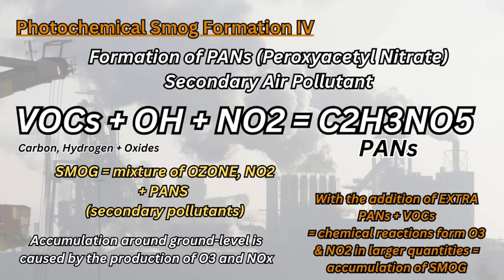With the increased accumulation of both nitrogen dioxide and tropospheric ozone O3, you also have the chemical formula whereby VOCs are going to interact with hydroxyl radicals and the existing high accumulation of nitrogen dioxide and form PANs, which is C2H3NO5. So you have the carbon, the hydrogen, and nitrogen all present in this chemical formula, PANs, and it stands for peroxyl nitrate. So these are our secondary air pollutants, just like ozone, tropospheric ozone, the bad ozone, and this is the primary components to make photochemical smog because of the accumulation and excess of nitrogen dioxides and the chemical